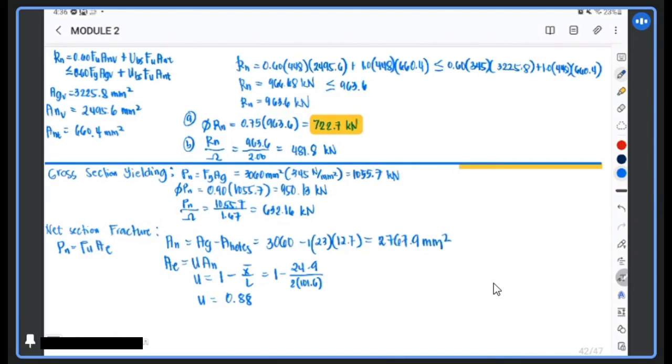Now what's next is, we can now compute for your AE, and then eventually P sub N for net section. AE then is equal to 0.88 of our net section area, 2767.9, which is equal to